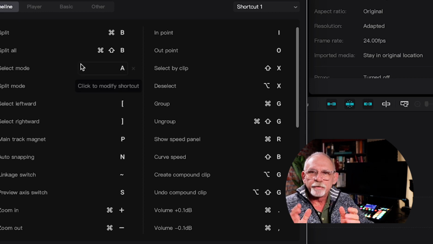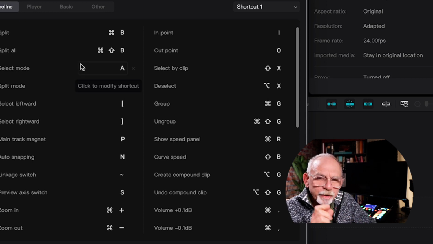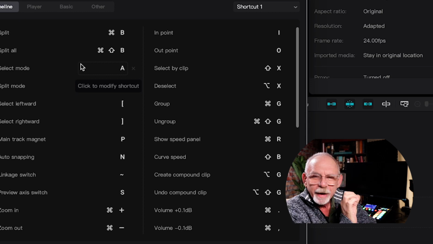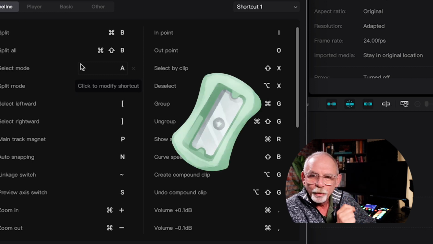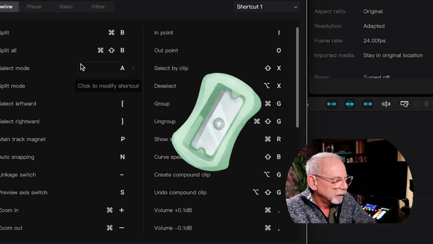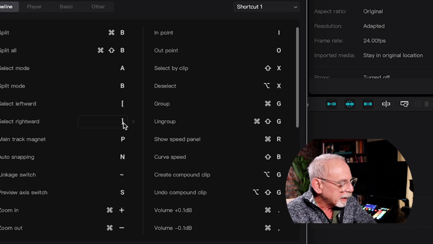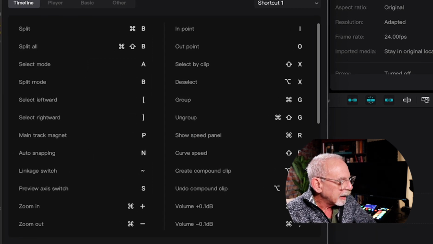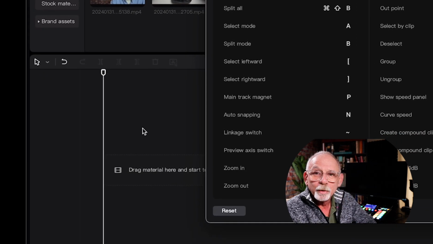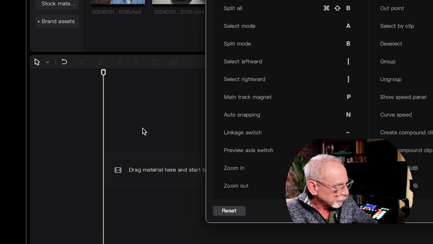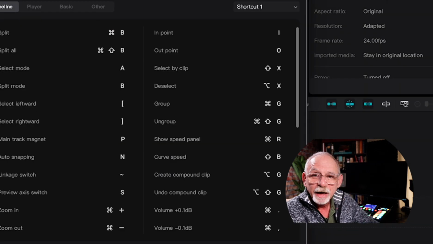Now, if you recall in the first video, we talked about being able to change the arrow from an arrow to a razor blade, and the arrow would be our select tool and the razor blade would be our cut tool. So going back and forth, we had to move our arrow and go over and click it and select what we wanted to do. A little time consuming. Now all we have to do, if we want to cut something, is hit the B,